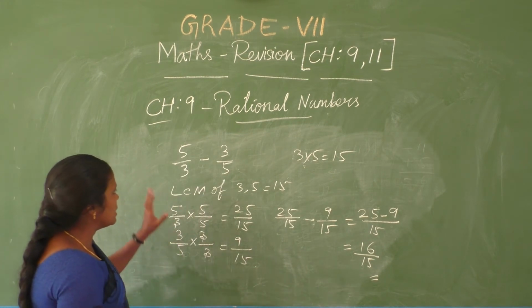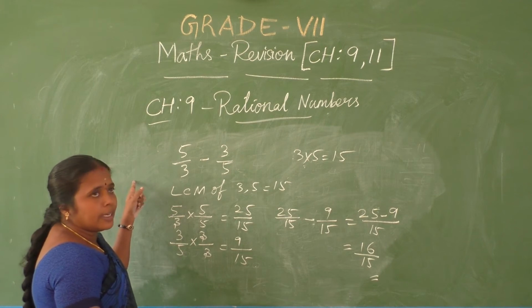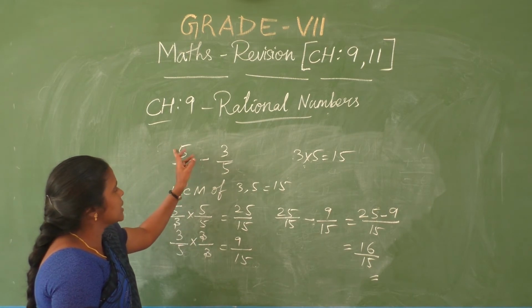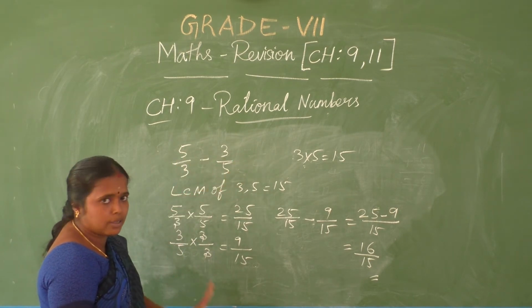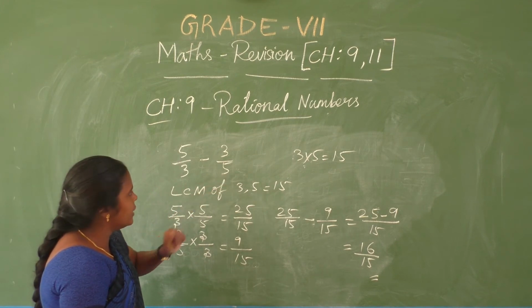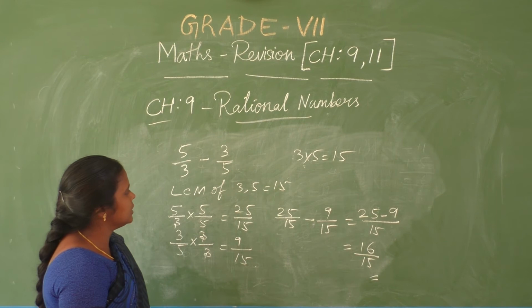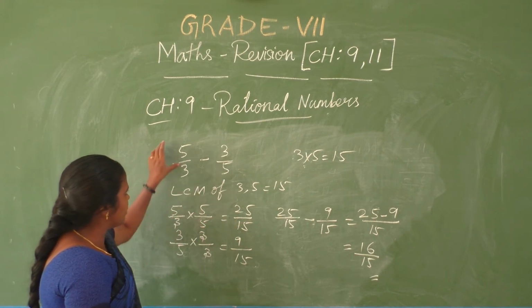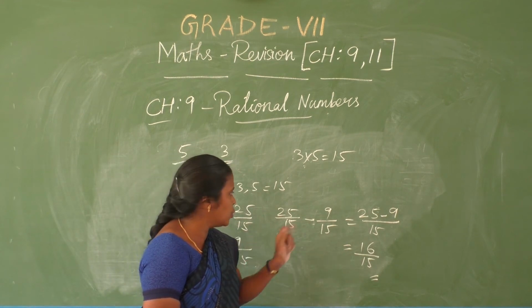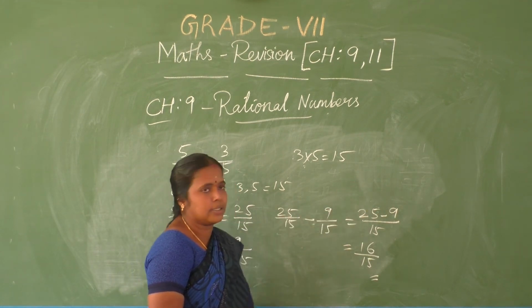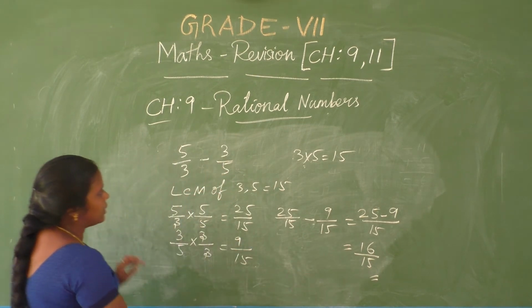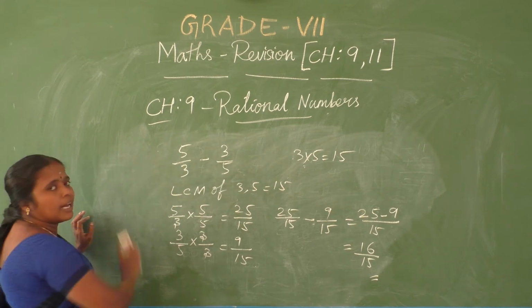Understood? See, in the previous question, I had taken like category, so I didn't do LCM work. My work was easier; I easily subtracted the numerators alone. But here, unlike category, I took the LCM of the denominators and made equivalent fractions of the given fractions, and then I subtracted. For subtraction what do I have to do? Only the difference between the numerators, not in the denominator. Okay, this is the procedure for subtracting any rational number from another rational number.